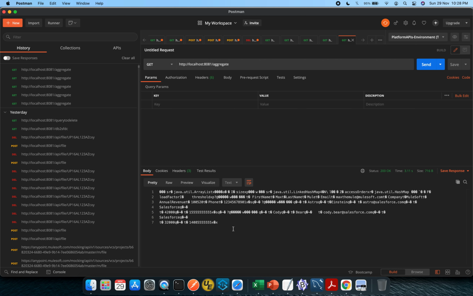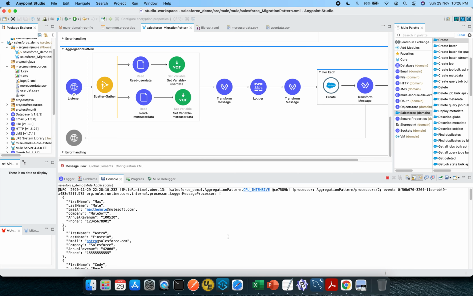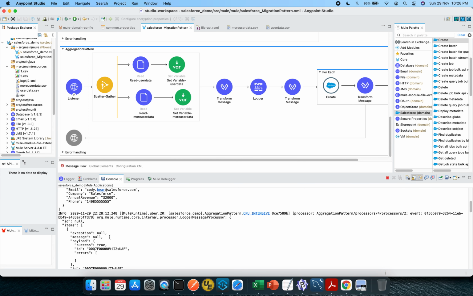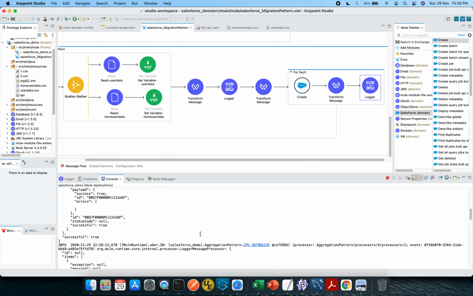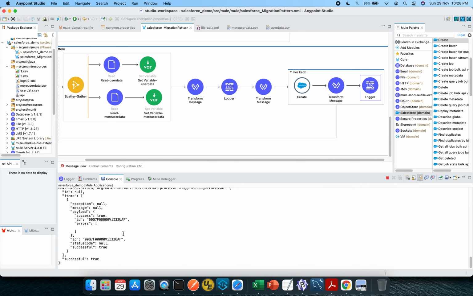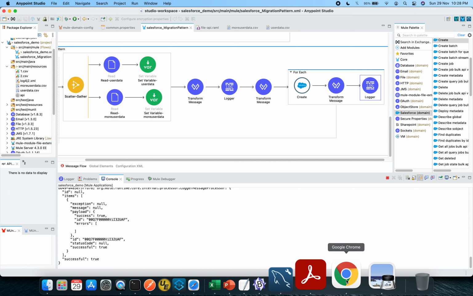So it has given some output over here. Let's go back and see what the response is. This logger is printing these 3 entries. After that, it starts with the for each logger, and the status is successful, true, and the last one is also true. So I think we should be able to see some new entries in the Salesforce platform.